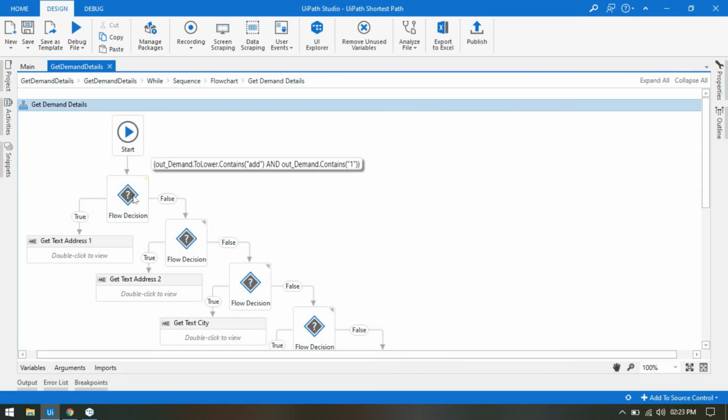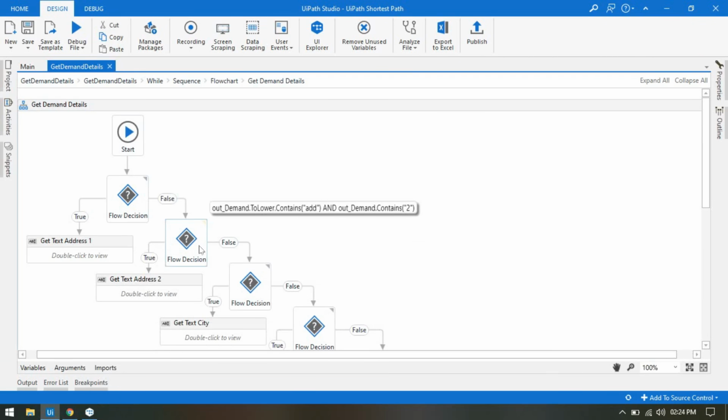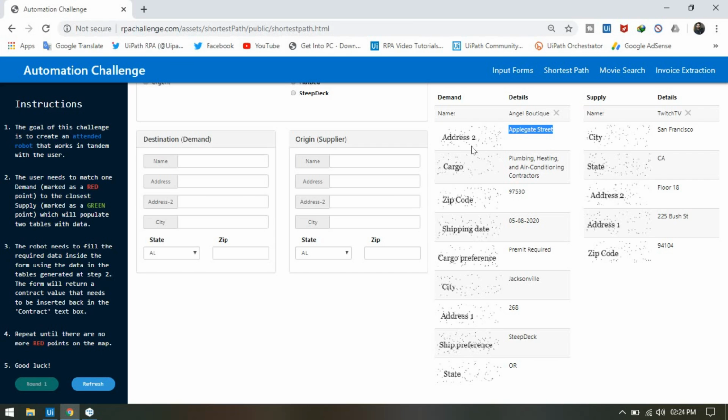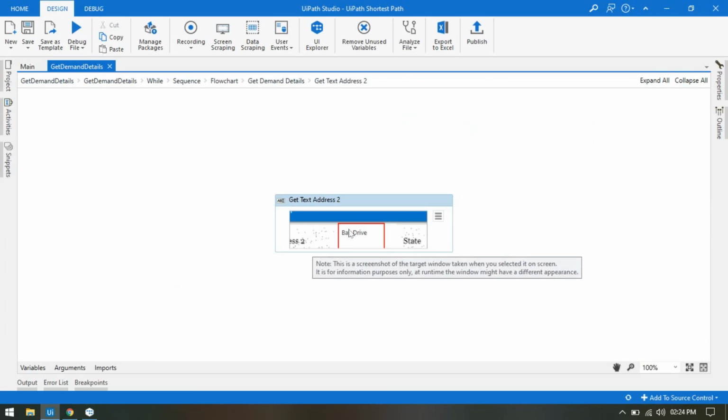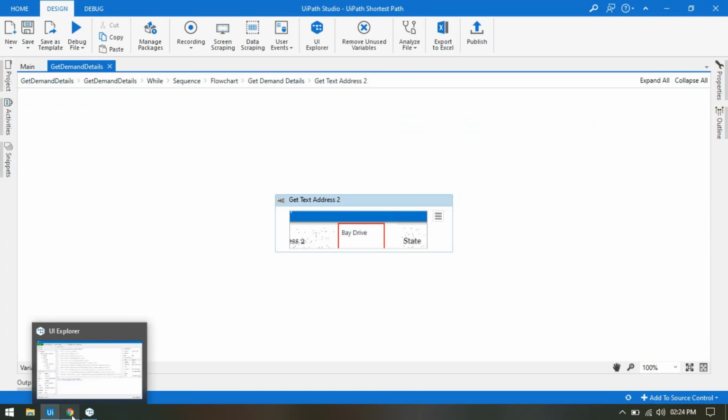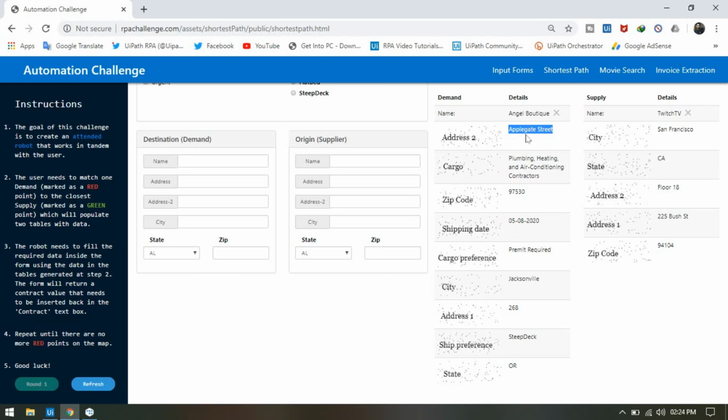If it has, it will go to the capture. If it is no, it will go here. So yes, it will go here because we have address 2, not address 1, and this is for address 1. So it is checking here out demand dot to lower dot contains add, yes, and demand dot contains 2. If yes, then it will go to the get text address 2 here, and it will capture this address.